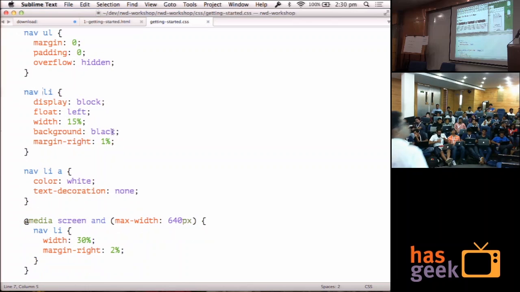Okay, so far this is the most basic layout possible. This is just to introduce how to use media queries. Are we done with this part? Any doubts? Okay, so let's take a look at the next layout, which is actually the layout that I want